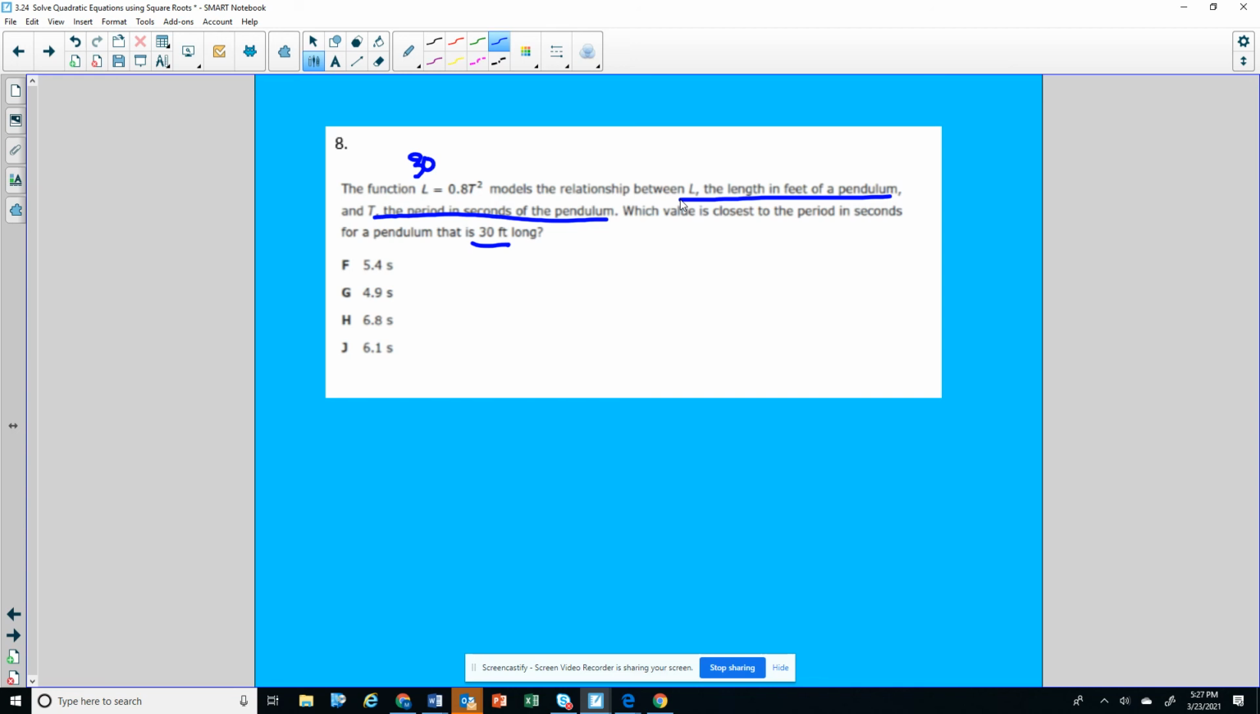All right, so here we go. We're going to have 30 is equal to 0.8 T squared. Remember what to do? We want to isolate this T squared, right? I want it by itself. So therefore, I'm going to divide by 0.8 on both sides. So that goes away. And 30 divided by 0.8 is,